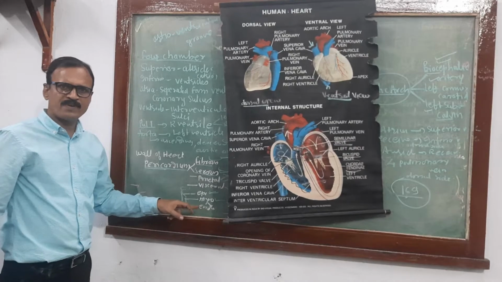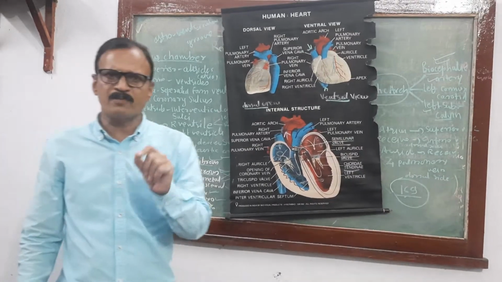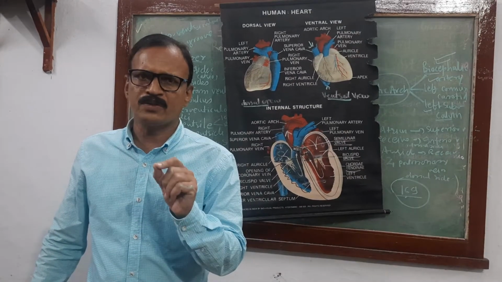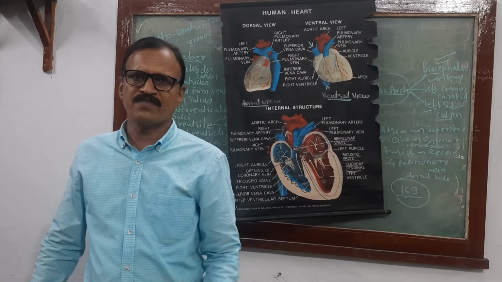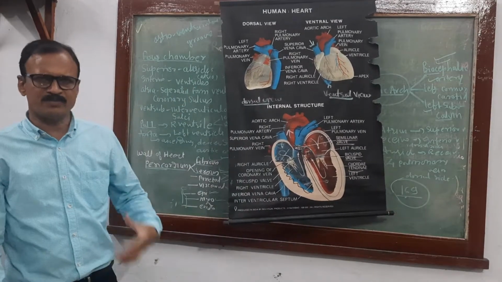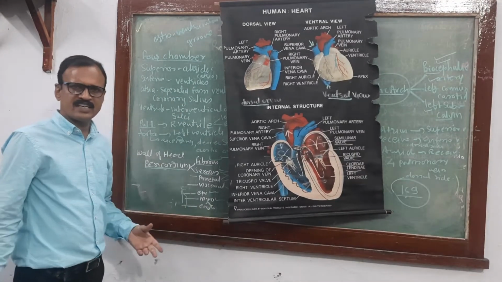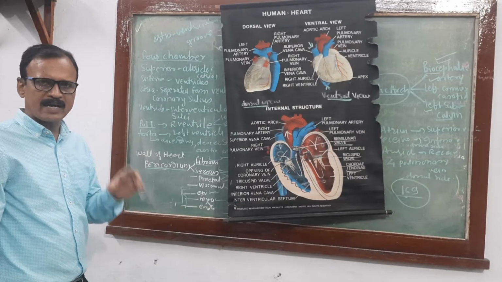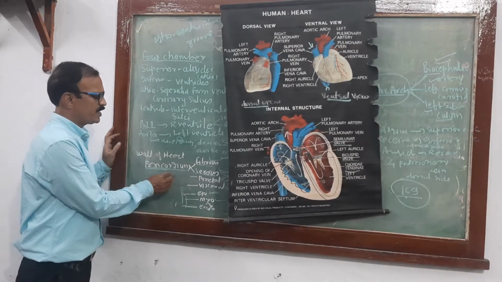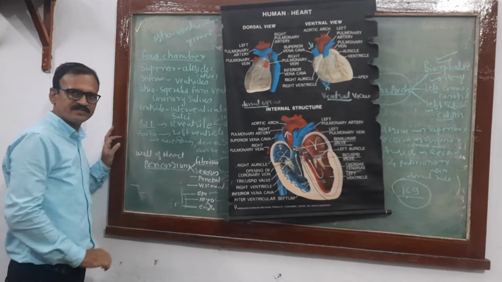What is the position of the heart? It is present mid-ventral in the thoracic cavity, in between the two lungs. That position of the heart is called the mediastinum. It is protected by the thoracic cage, muscles of the chest, and backbone. In addition to this, the pericardium plus the wall of the heart.